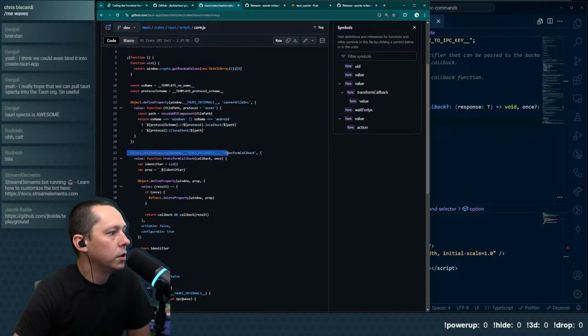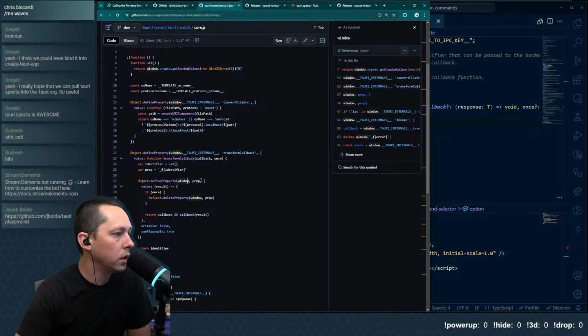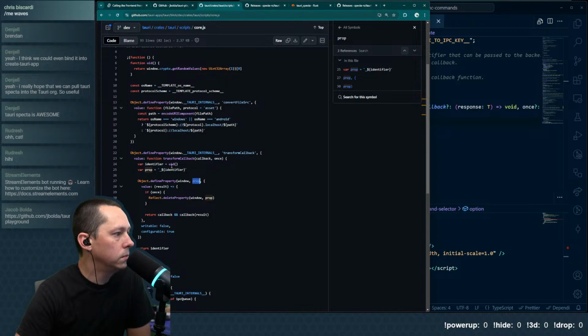All right. So here's the Tauri internals transform callback. It is doing a define property on the window prop. So from the identifier, it makes a UID.